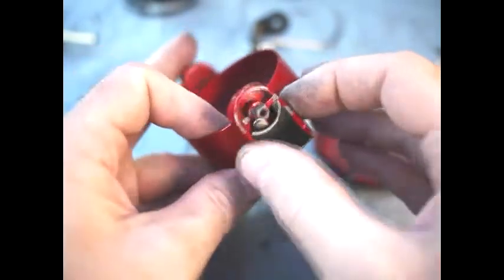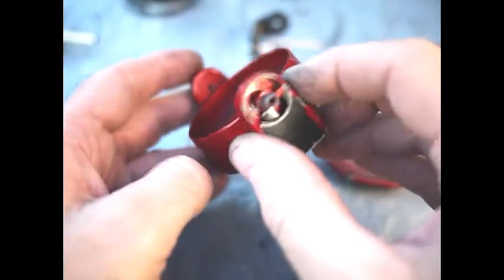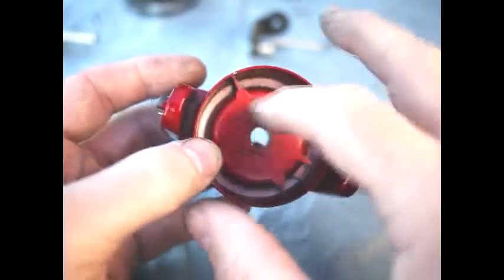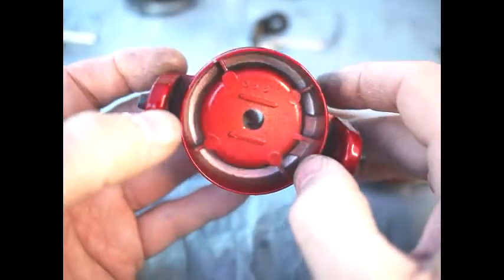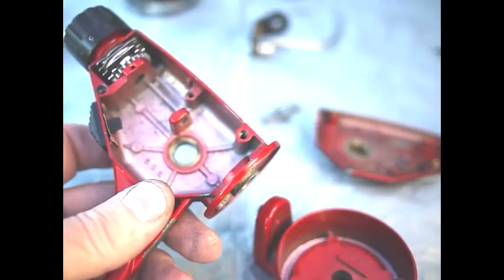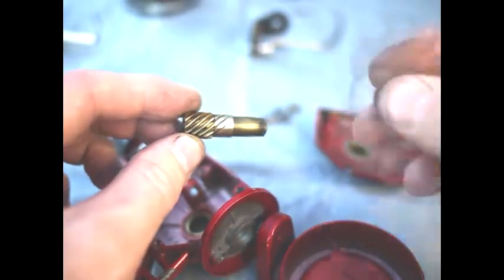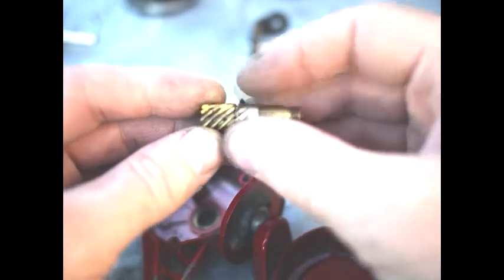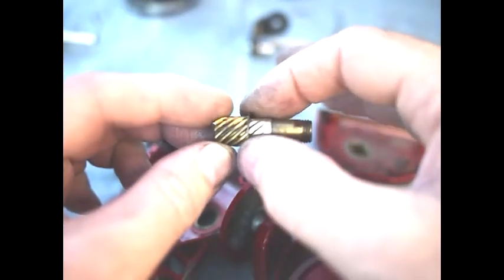Right, there you go. So that's the assembly of the drum, without the actual arm, of course. I need access to this nut in the centre here, so I'm not going to put the arm on just yet. Okay, coming back to the real body, we have the bearing, and then we have a washer here which goes right to the end there,